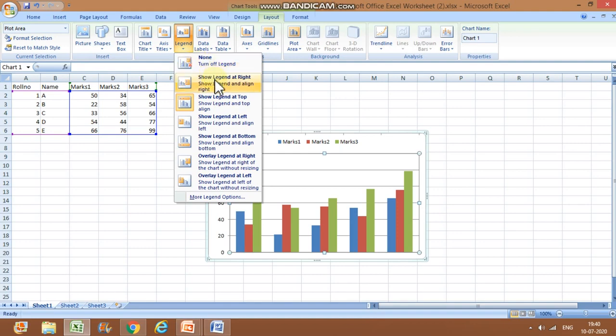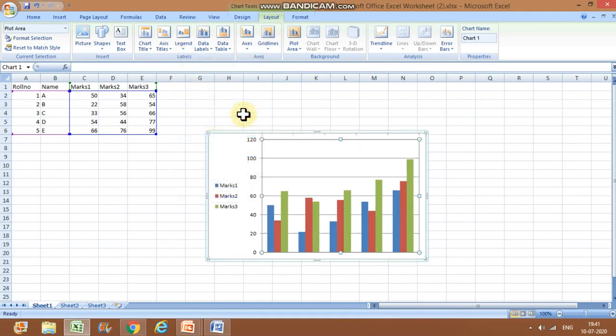Show legend at right, it will be shown at right. Show at top, show at left, show at bottom. Overlay legend at right, overlay legend at left. These are all the options, and in fact you can have more options also to place your legend. Suppose it is at the top, and I want it on the left. See, have you noticed? It came on the left. Like this you can change the position of the legend according to your choice.